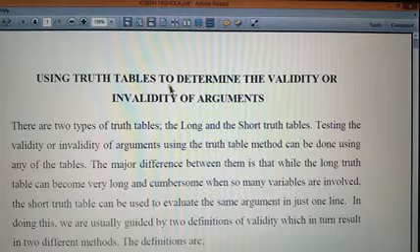Using truth tables to determine the validity or invalidity of arguments. There are two methods that we can use when trying to determine the validity or invalidity of arguments using the truth table. We can either use the long truth table or the short truth table. The difference is that the long truth table sometimes can become very cumbersome when you have so many variables